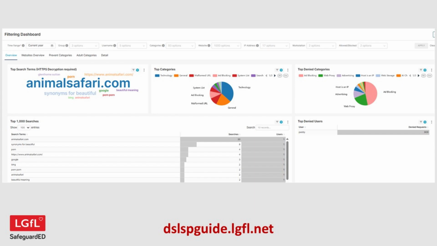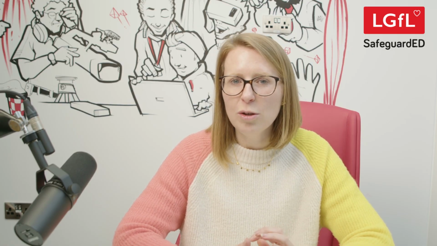So on this dashboard, you can have a look at what your individual users are accessing or trying to access. You can see what the most prolific categories are that people are accessing or getting blocked. You can look at the search terms that people are putting into search engines and what that might tell you, because if you see terminology in there that you don't understand, you can then research and find out whether that is a concern or not. So for example, we hear a lot of specific terminology used around incel